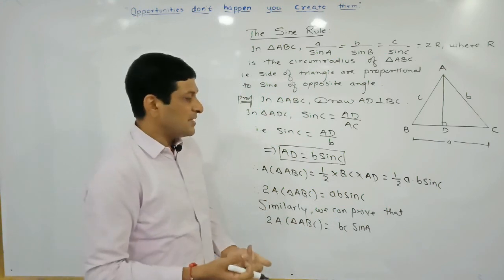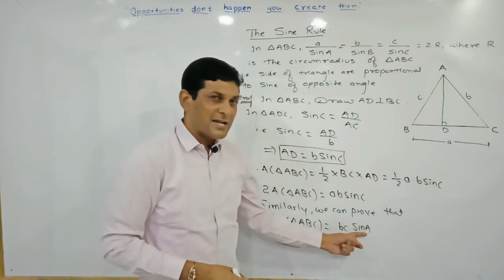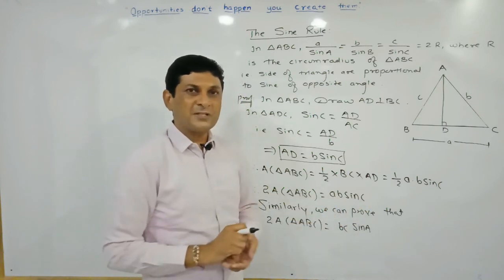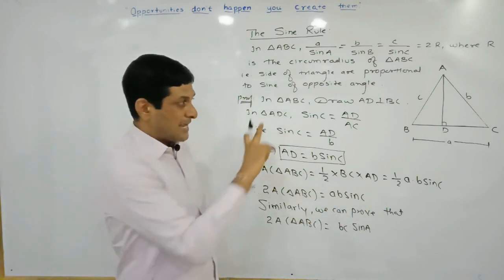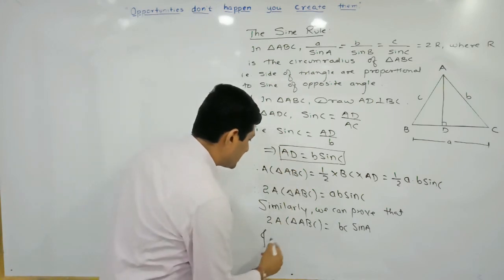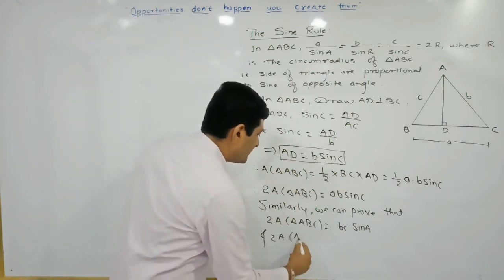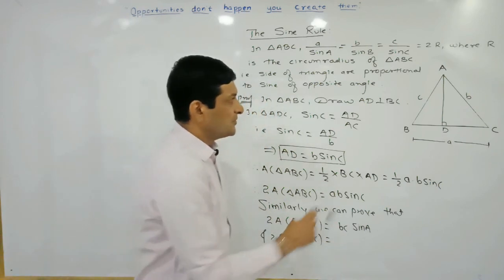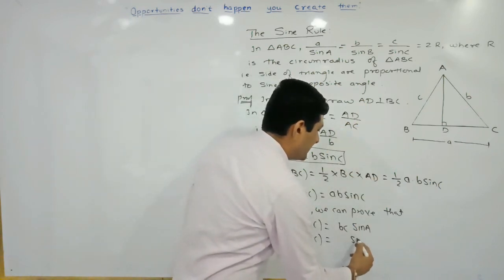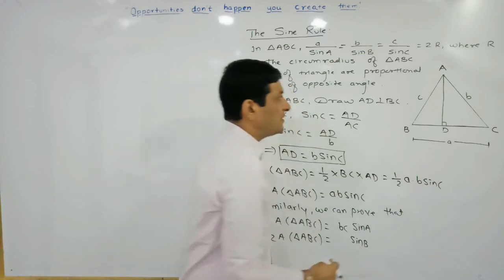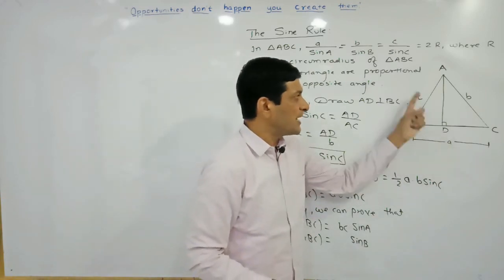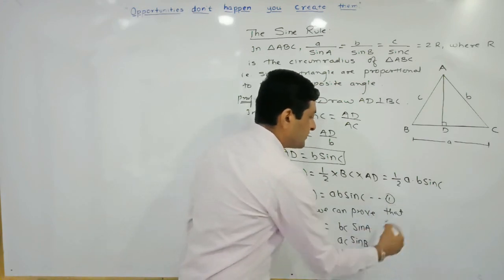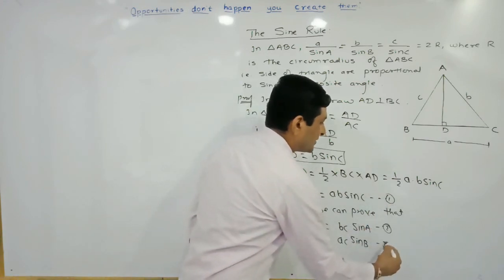In the same way, this result we got for angle A, this result we got for angle C. A similar result we will get for angle B. And twice the area of this triangle ABC is equal to, considering angle B, which is included in the two sides A and C, so here we will get ac. Let us denote these equations by first, second and third.